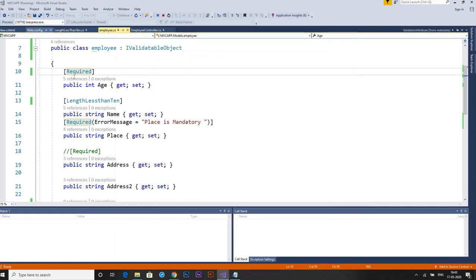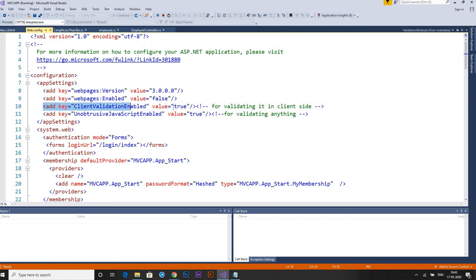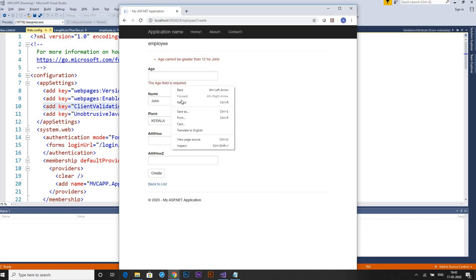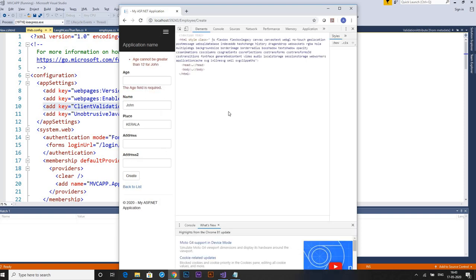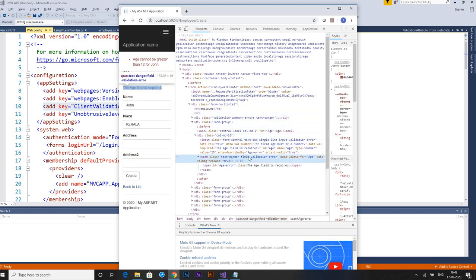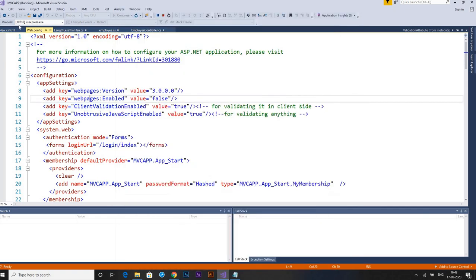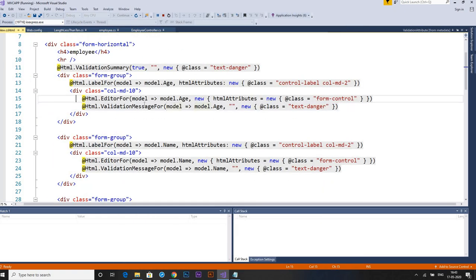That depends on a setting which we set in web.config, ClientValidationEnabled as true or false. And also if I inspect the element, I can see that there are some classes like field-validation-error present in the HTML. That is present because we have this TextBoxFor.